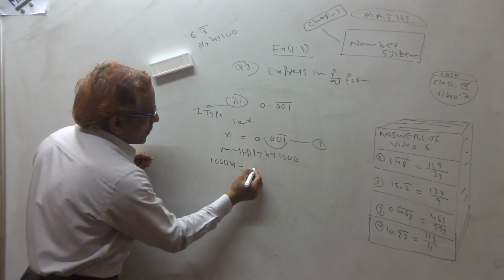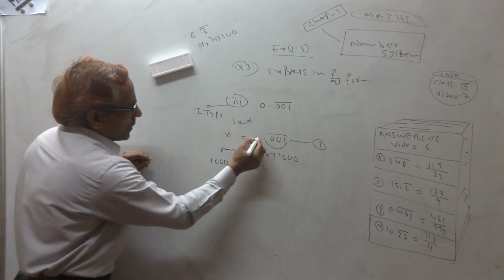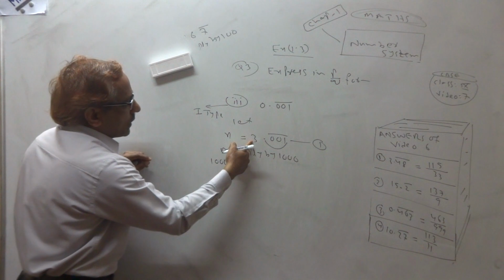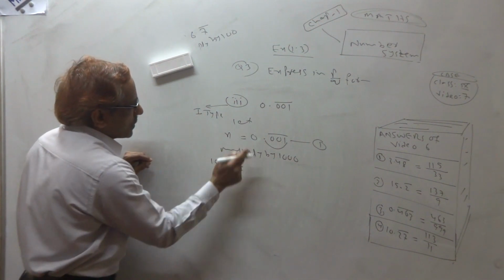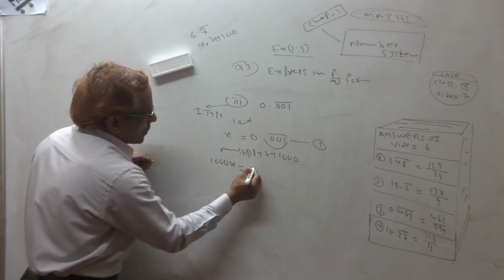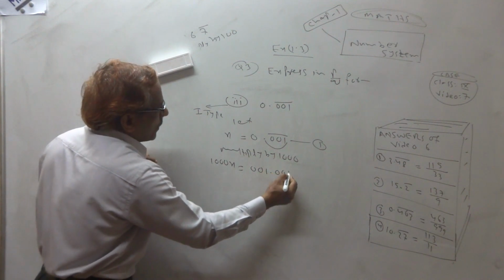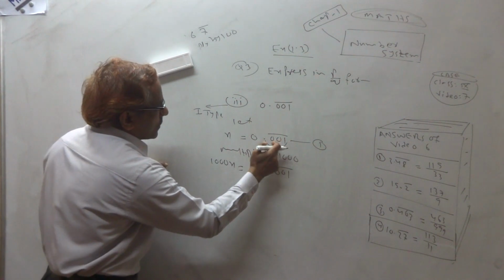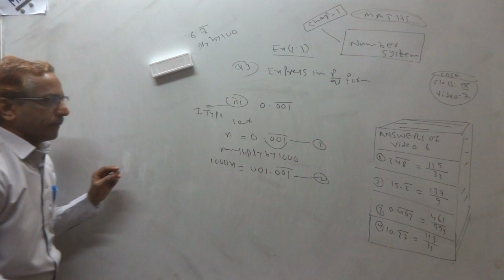So 0. This 0 actually no need to write, not compulsory. If any number is there, we write that. If starting 0 comes, no need to write. The decimal will move here. So 1.001 bar. This decimal is shifted here. This is the second equation.